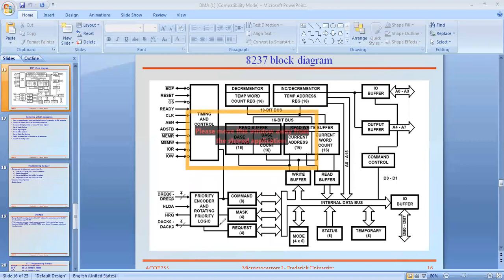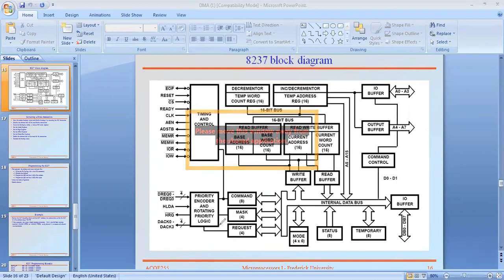Similarly, here the priority encoder and rotating priority logic also form a priority resolver, but the difference is that the 8259's priority resolver takes a number of inputs from external IO devices or non-IO devices, whatever they may be.